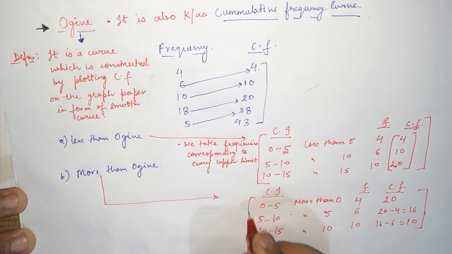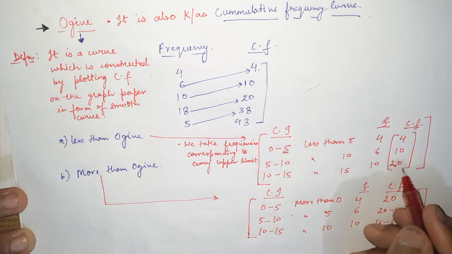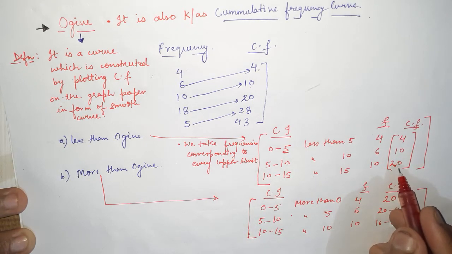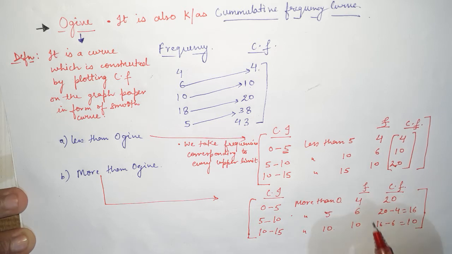We will just reverse the cumulative frequency total. From the first we will write the total of the cumulative frequency. Now from that total, the first frequency we will subtract, then we will get a value. Then the second frequency will be subtracted, and like this it will continue the same. So this is the process we follow in more than ogive. Now let us take one example in order to understand how an ogive curve, or a cumulative frequency curve, looks like. We'll draw both the curves, less than ogive as well as more than ogive.